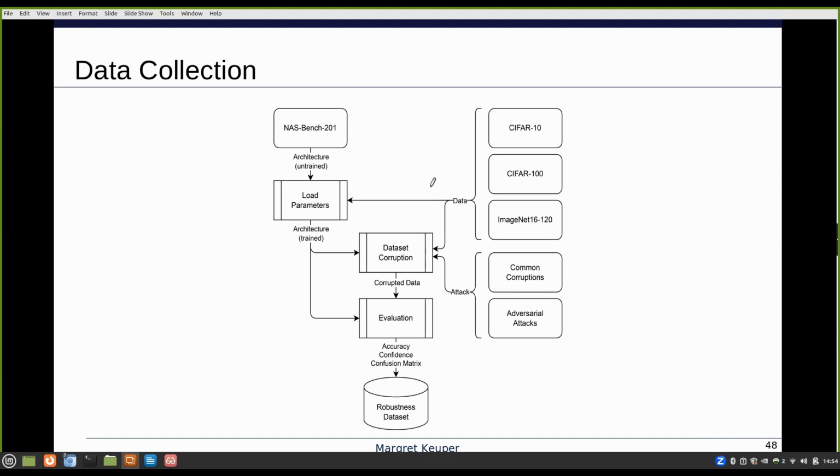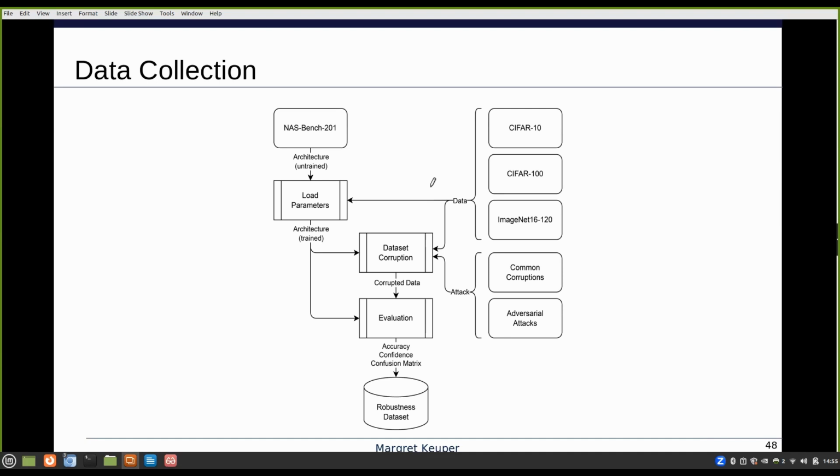From these search spaces, we ran a huge evaluation of the models under common corruptions. So you remember these Hendrycks corruption types with the different amounts of blur and externally mimicked weather corruption types, color corruptions, and so on. And also with the standard adversarial attacks that we know about. So we have data from three different benchmarks. We have these corruptions to be added on all these data. And then we can use this in order to generate a full evaluation of how every one of the models performs